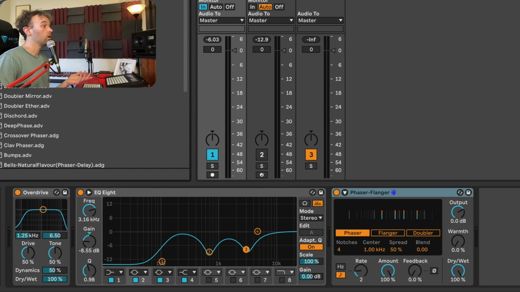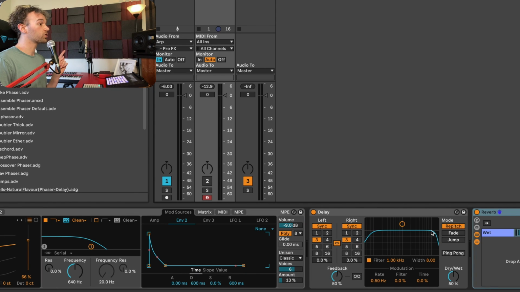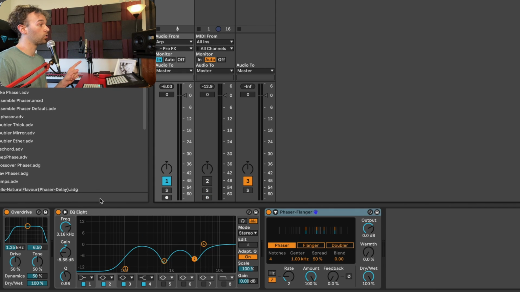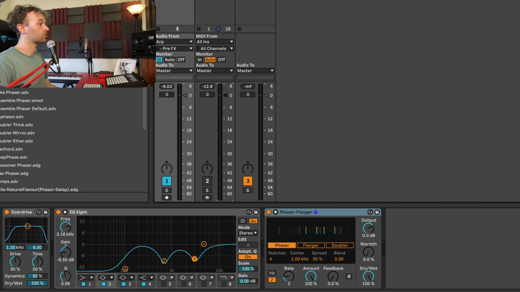And so now we have audio track 1 here receiving the signal post this delay but pre the reverb, and then processing it all through all of this, and then outputting its signal to the master, combining with the output from the ARP sound. Now, in order to just save our ears here, I'm going to turn down both of these tracks quite substantially. And now if I unmute the ARP track and take a listen,